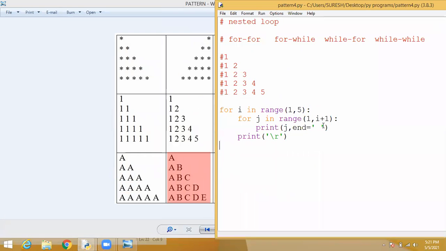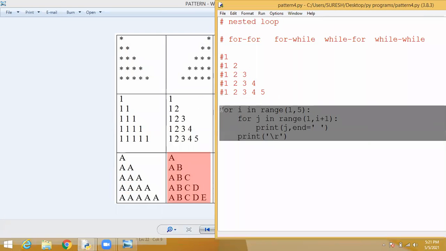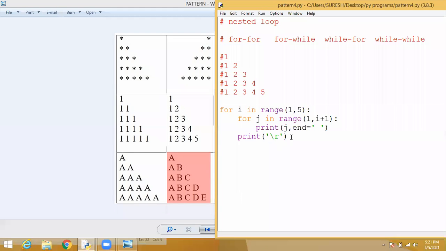Okay, so now tell me, this is the range, the same program. Instead of 1, 2, 3, 4, 5, we are going to display like this. Students, anyone tell me what change we have to make here? Nothing, right? 1 comma 6, 1 comma 6. So it will display 5 lines, right? The second line, that is also A, no need to change. No need to change here also. A plus... No, sir. Nothing.